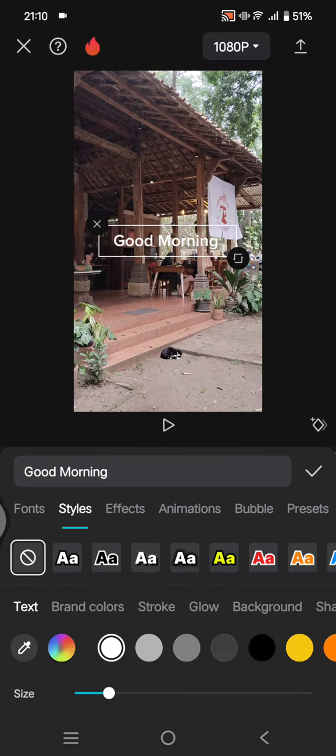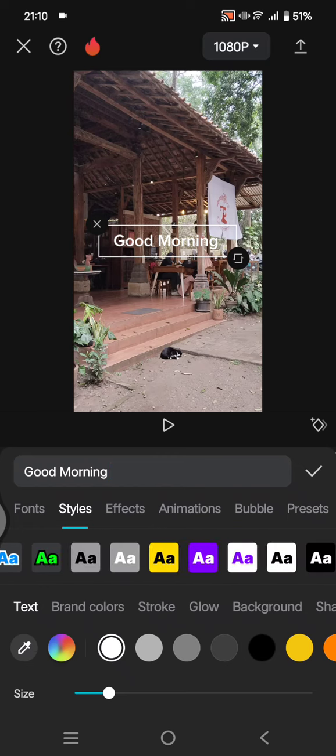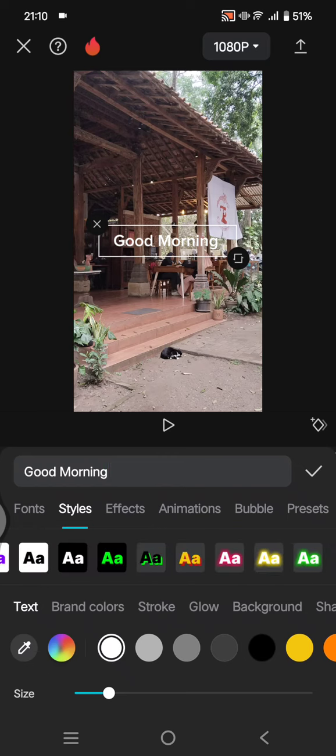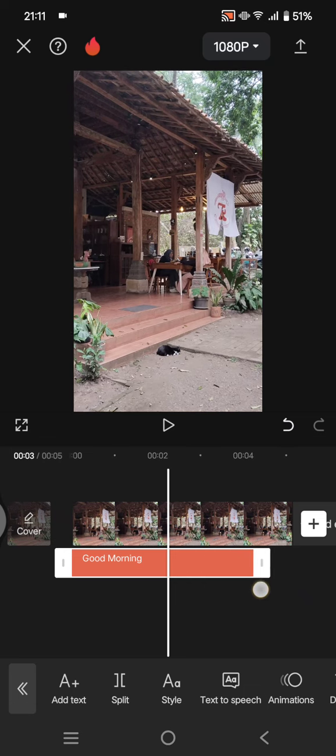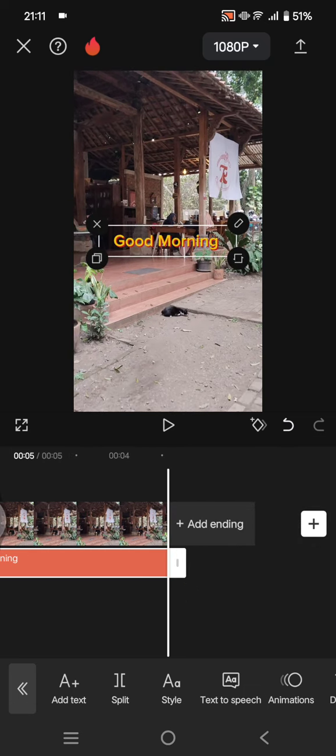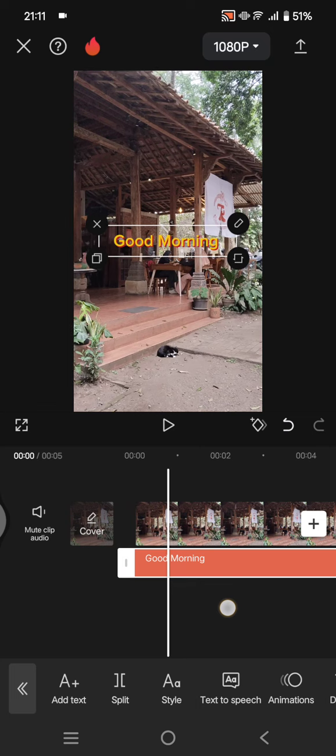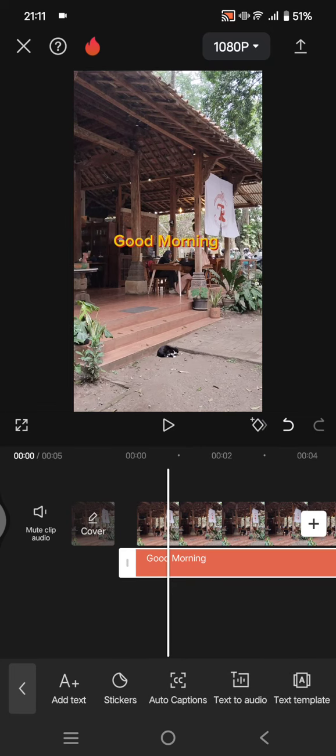Okay, you can use the color that you want or the style that you want. For example, I'm going to use the styles right here. Click on the check icon. You can adjust the durations to your liking. For example, I'm going to just make it the same with the video, and after that just split the text